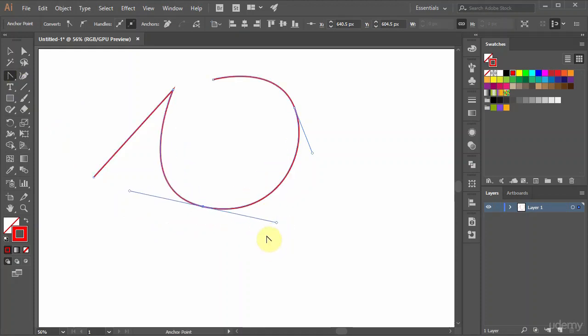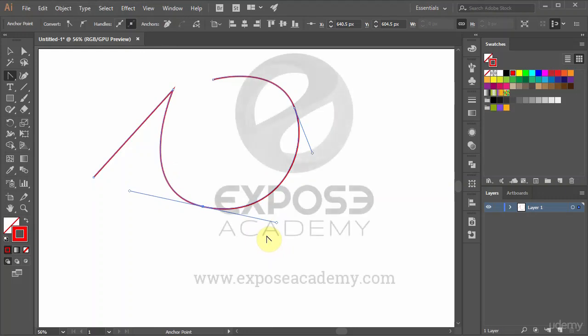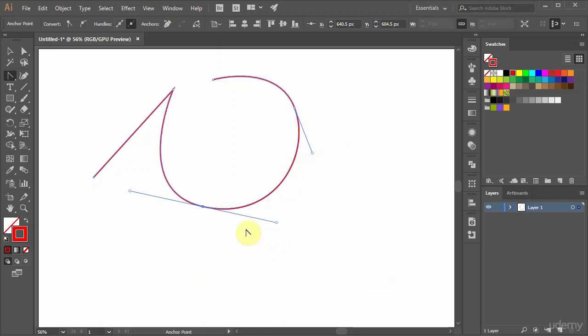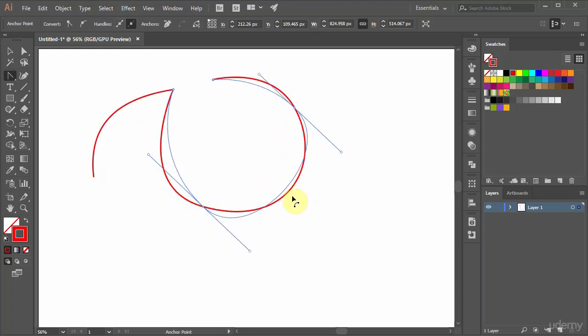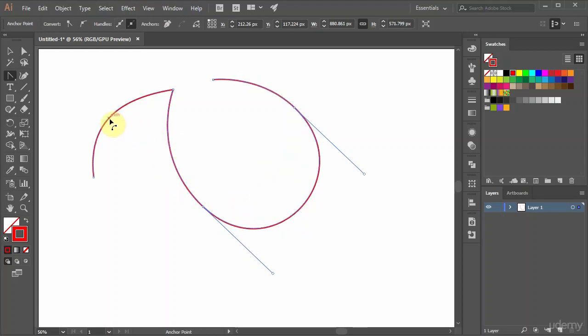Another good use of the Anchor Point tool is to reshape curves. We already know how the Anchor Point tool works on anchor points, but beside that, we can also use it on curves. Notice, when we hover over this curve, we have this special cursor active. If we drag this, we can reshape the curve directly without having to touch these two handles. When doing this curve manipulation with the Anchor Point tool, pressing Shift will make the handles parallel to each other and perpendicular to the anchor's position.